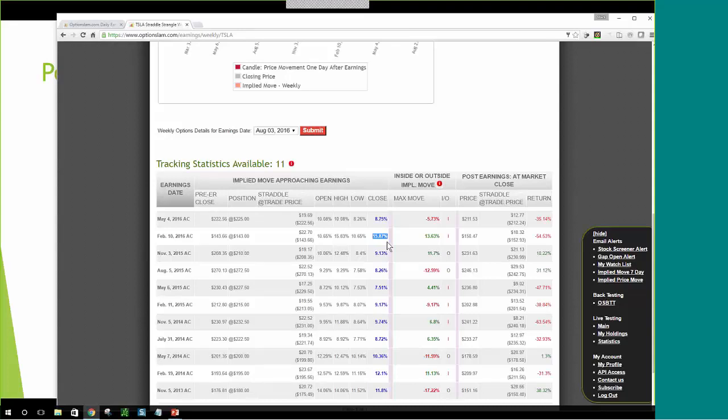This is the exception, not the rule. We do know that implied volatility builds going into earnings. However, theta decay usually outperforms implied volatility build when it comes to the increase in an option premium component. So